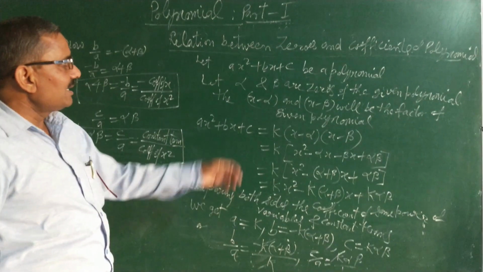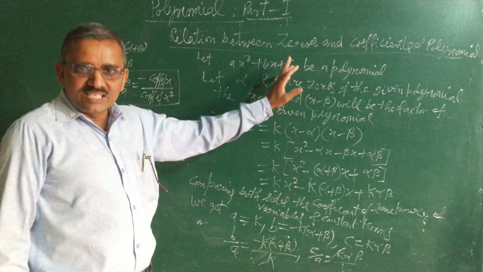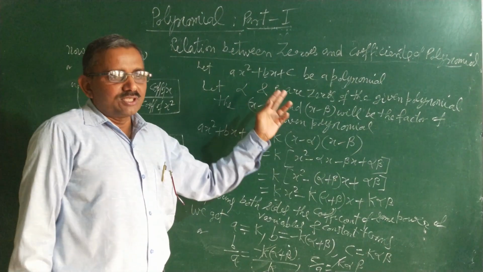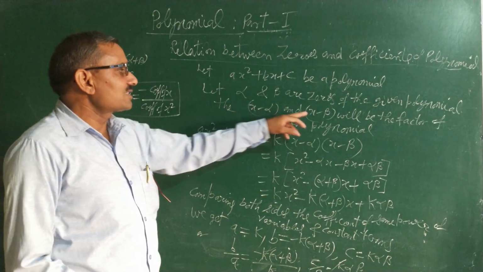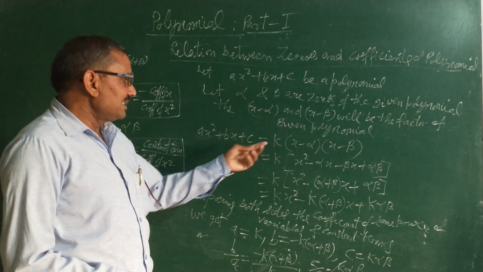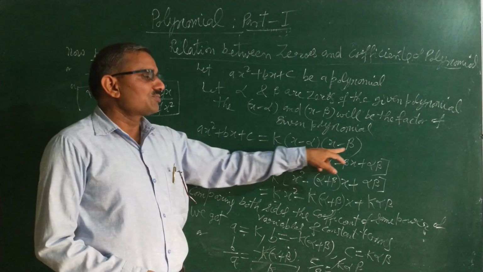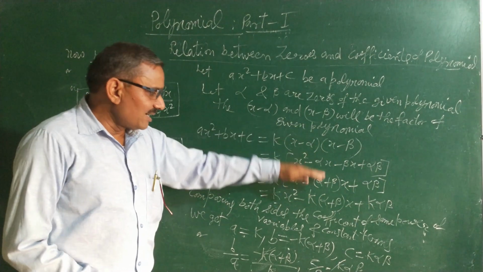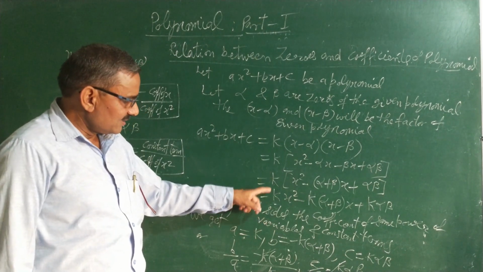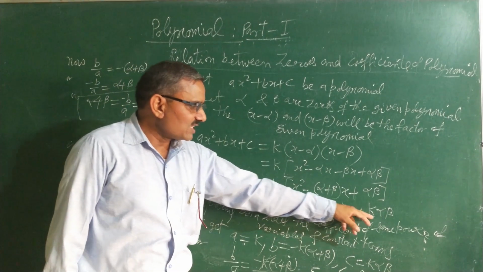What I have done? I have taken a quadratic polynomial. हमने क्वाड्रेटिक पॉलिनोमियल ax स्क्वायर प्लस bx प्लस c लिया. हमने मान लिया दो जीरोज हैं, एक अल्फा और बीटा. अगर अल्फा बीटा जीरोज हैं, इसका मतलब x माइनस अल्फा एंड x माइनस बीटा आर फैक्टर ऑफ द क्वाड्रेटिक पॉलिनोमियल. So we can represent this in the form of ax square plus bx plus c is equal to k times x minus alpha into x minus beta. Now I have multiplied all these and collected the coefficients. Here the first term is kx square minus k times alpha plus beta into x plus k alpha beta.